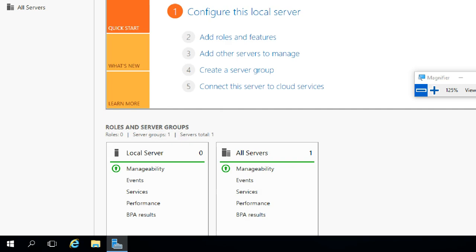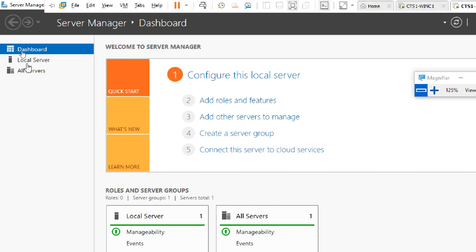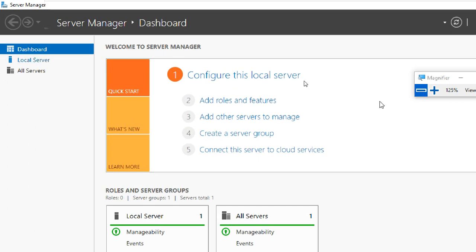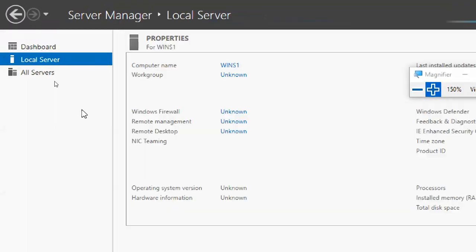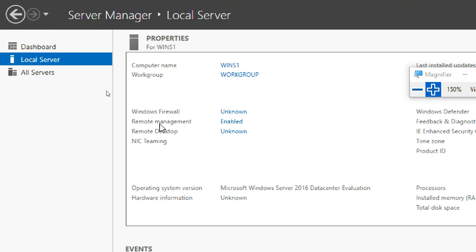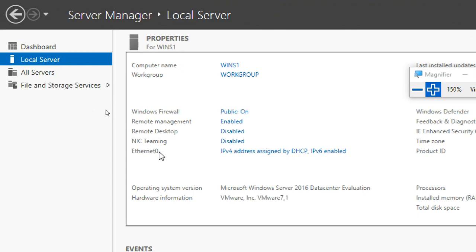If you still have a problem differentiating between a server and client, we can change the background also. So I'm going to local server. Wait, let it load. Can you see Ethernet 0?